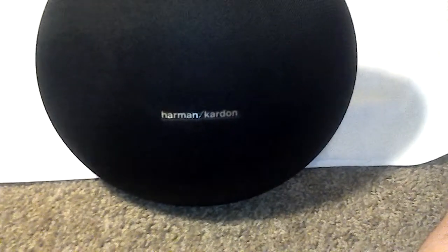So I've been asked a few times how to wire a subwoofer plug into the Harman Kardon Onyx Studio 1, 2, or 3. I don't know about the 4. I heard something's weird about it, or it's hard to get into. These you can pry into. I'm sure there's another video on how to get into them, but the one I chose on my Onyx Studio